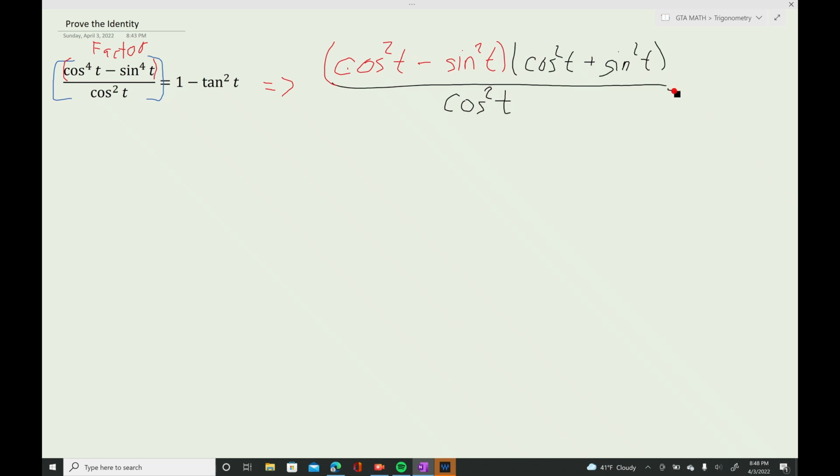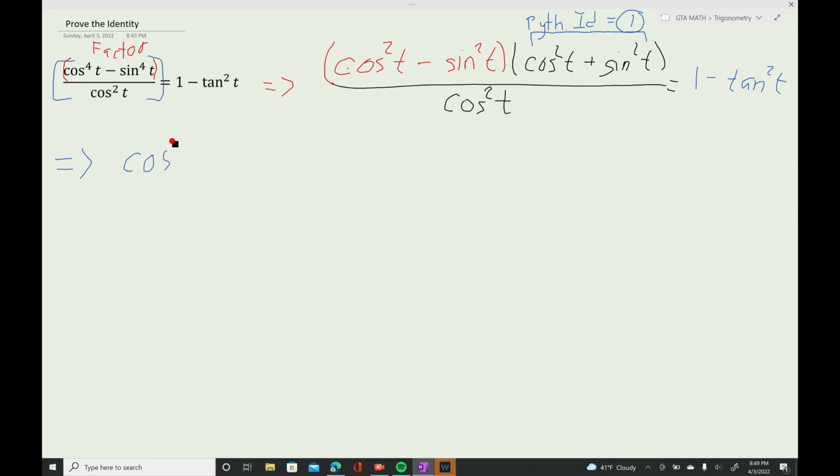And I'm not going to rewrite, no, I will. I don't want to be lazy. It's going to look sloppy, but I'm going to do it anyway. So we're going to have 1 minus tan squared t. So now that we're here, we have to make sure that we remember some of our trig rules. So right up here, I see a Pythagorean identity. And this Pythagorean identity is going to equal 1. So when I rewrite this, we're going to be left with